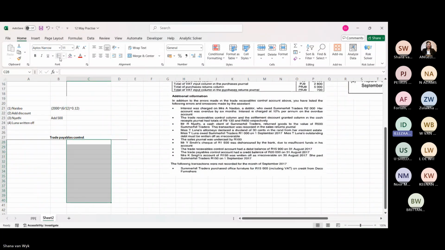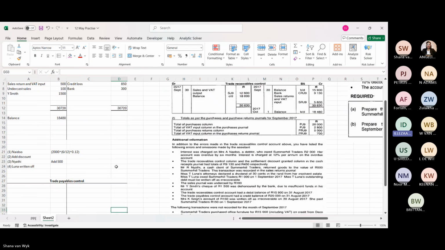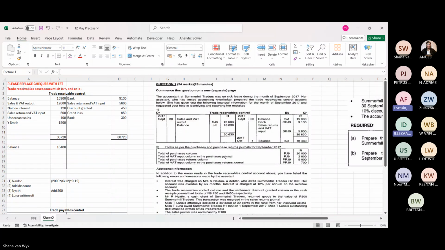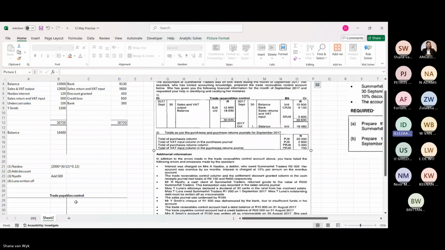I got so stuck where you said the settlement. I'm still stuck on that sales return. I will work it out on my own because that is something that is throwing me. The sales return and VAT input, 500 and the 600. But I'm not going to hold up the class. It's quite late already. But I'll work that out because the rest I followed. That's fine. I'm with you guys. It's just that sales return that I need to work on. But I'm following. Thank you.